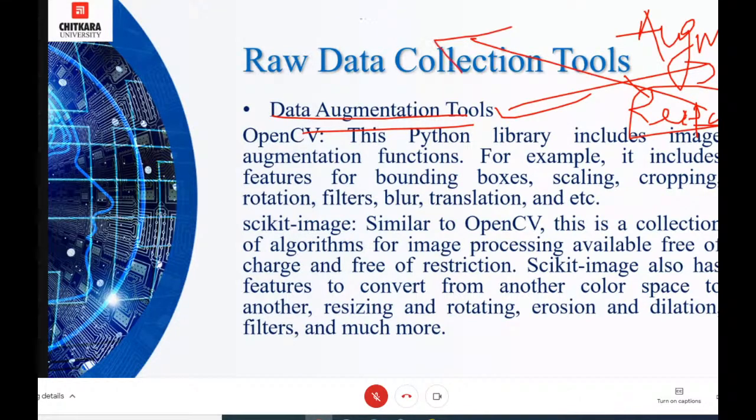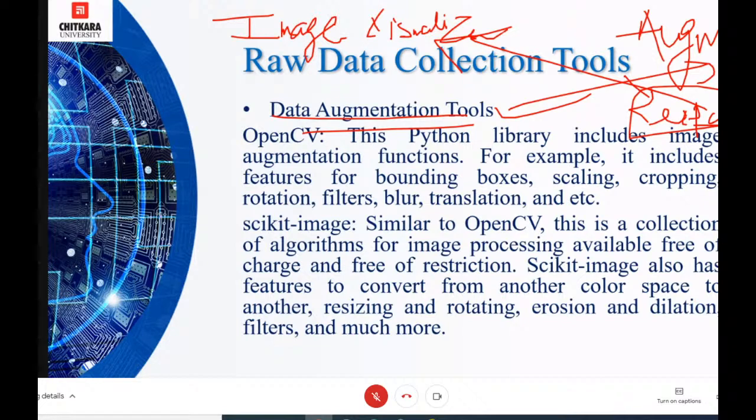This is generally used in image visualization and image processing. It is used to expand the size of an existing data set without gathering more data. For instance, an image data set can be augmented by rotating, cropping, or altering the lighting condition in the original files. Okay. So in these scenarios, you can use OpenCV, scikit-image.